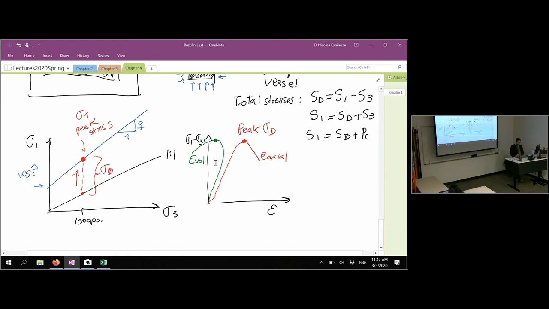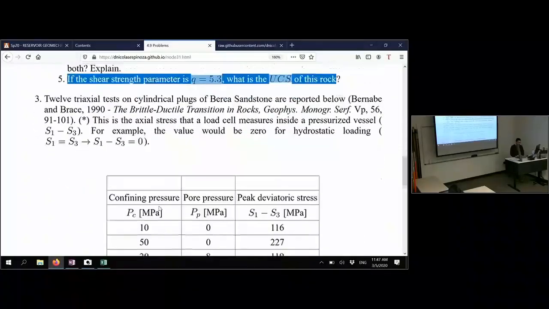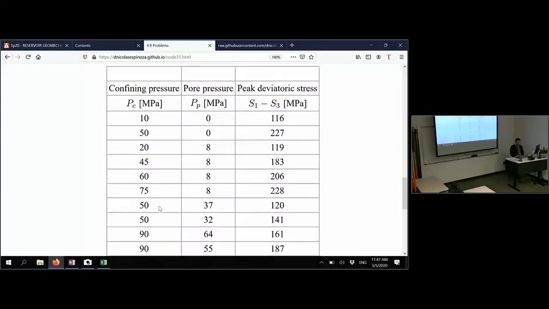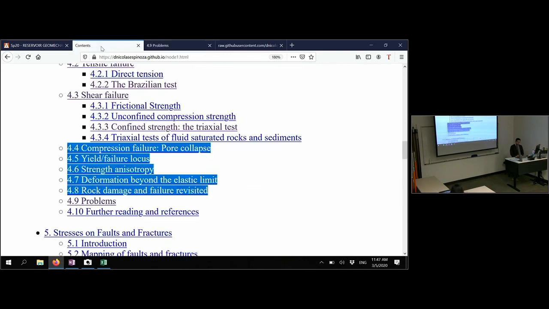I'd like that we go through the last problem. And the last problem includes something that we haven't seen so far. And it is just again a set of triaxial tests. But now we have a pore pressure. In our test in the laboratory, we didn't control pore pressure because we had a dry sample. But